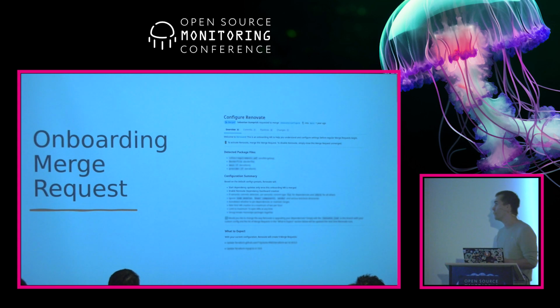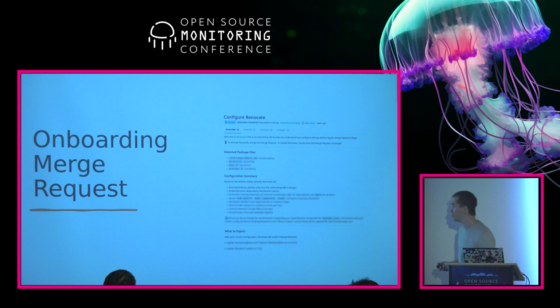Renovate will tell you what kind of package files it detected, like the pip requirements or a Dockerfile, and how it will be running and how it's configured. For example, that it will only start updates once this onboarding merge request is merged, or that you get the dependency dashboard I showed you earlier, and some other things. Lastly, it also showed you what to expect, so what kind of merge requests Renovate will create. Again, this helped some other teams use Renovate, and I think I got a pretty good